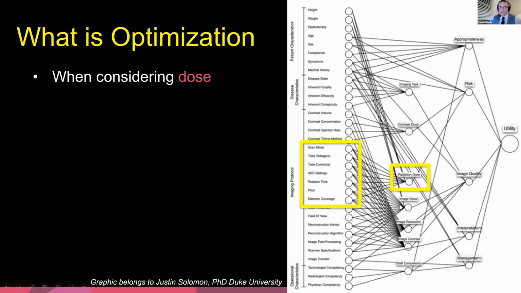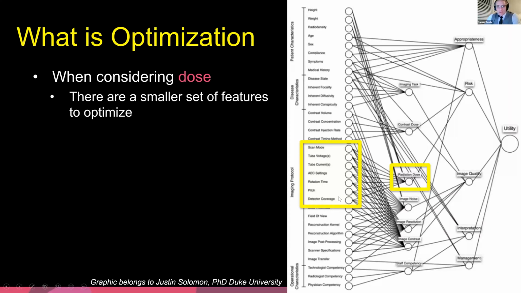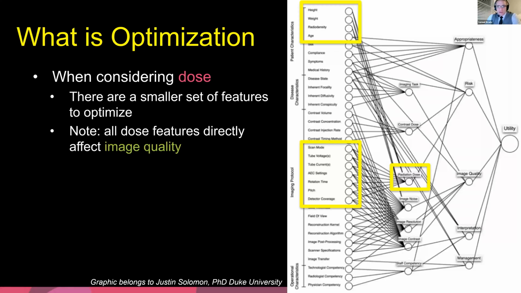So going back to this chart, this interconnected web chart, we were a moment ago talking about image quality, about an hour ago. And now let's focus on the dose side. You can see here, this dose side, this yellow box, it only points to a very small number of parameters to affect. And so there are small features for us to optimize. That's actually a good thing. It makes our task not as complicated. But